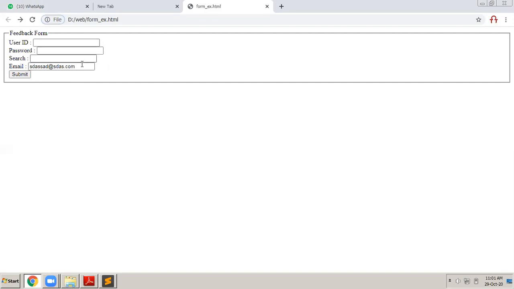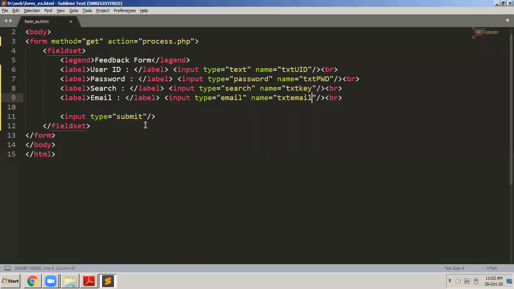I don't see any difference. Actually, it looks the same to me. This is a simple text box. This is also a simple text box. Maybe if you declare a particular text box as email, then I think you will be able to do proper validation, because if you are asking the user to enter a proper email, then the email should contain an @ symbol and a dot symbol. So with this particular text box, we can validate whether the email is proper or not. So that is the only difference. Otherwise, I think a simple text box will also work here, no problem.